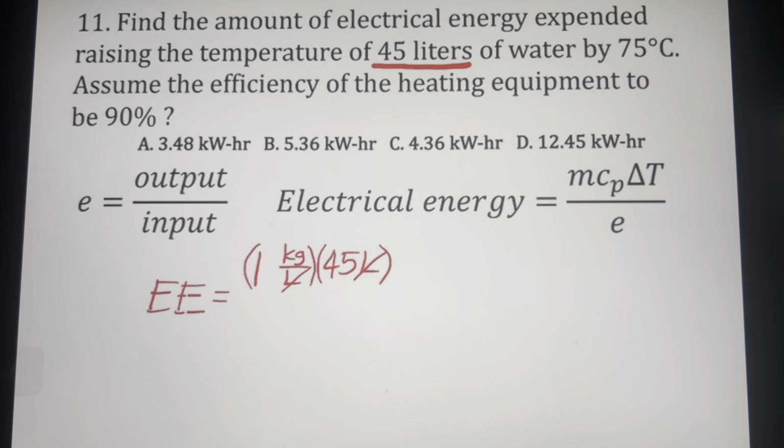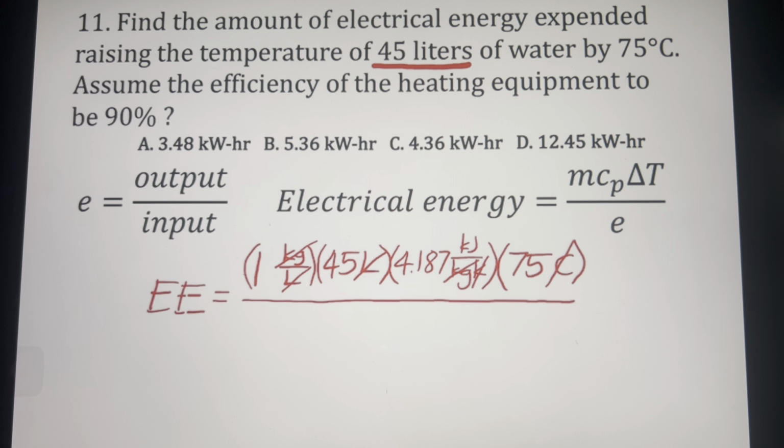Cancel. So that is actually mass. So as you can see, our mass is also 45 kilograms. For the Cp of water, that's 4.187 kilojoules per kilogram Kelvin. You can cancel out kilograms. And for our change of temperature, that is 75 centigrade. And take note, the change in Celsius is also the change in Kelvin. Then divided by our efficiency, which is 0.90. So we have here electrical energy in terms of